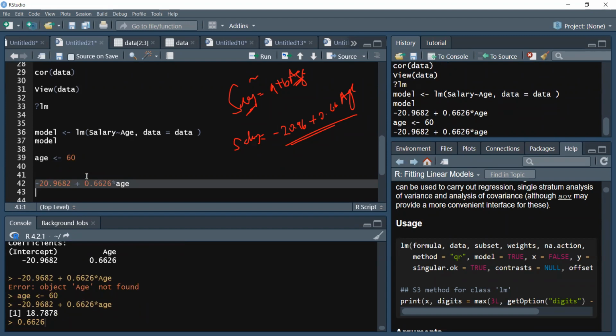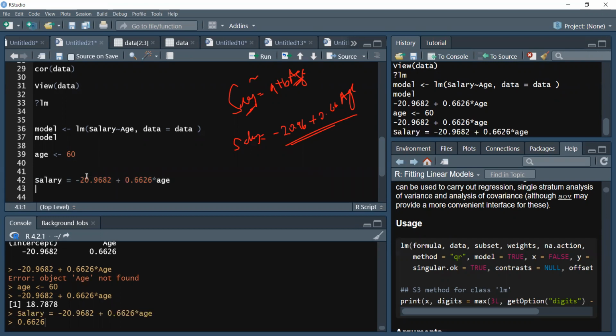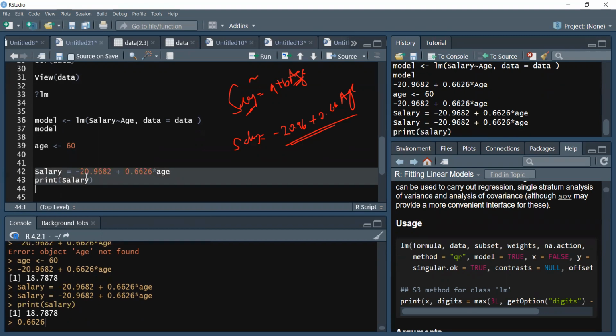So let me use that. Did it give anything there? So I can say salary is equal to, so I cannot say view, I cannot call salary now. I can say print salary. Can you see that now? So this salary is in print. Let's say print the salary